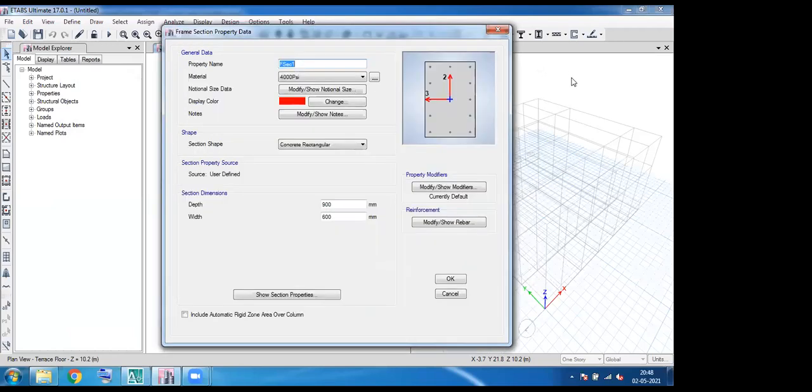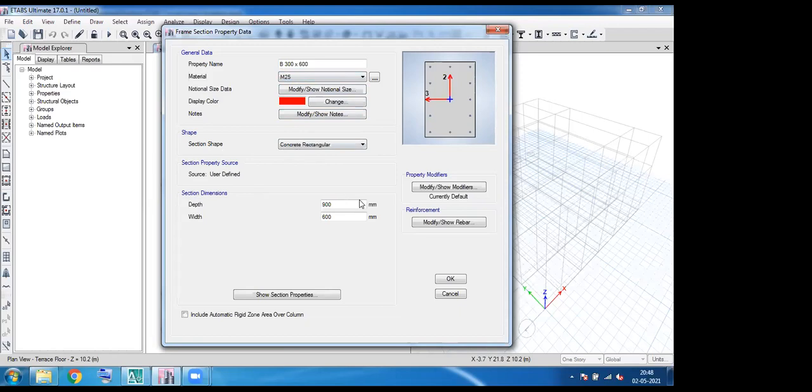In the property name, I'm just adding the beam, that is 300 by 600. Under the material, you just choose M25, because we already created M25. So choose M25 and keep the rest of the data as it is.